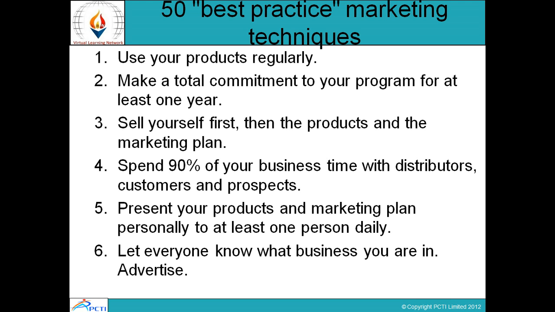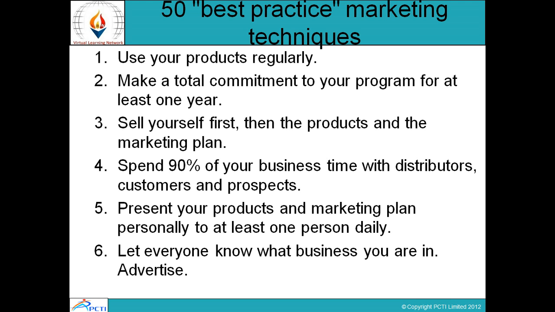Sell yourself first, then the products and the marketing plan. सबसे पहले आप अपने प्रोडक्ट जिसको आप बेचना चाह रहे हैं उससे पहले अपने आप को मार्केट कीजिए, अपने आप को सेल कीजिए, उसके बाद प्रोडक्ट का नंबर आएगा और फिर आपका मार्केटिंग प्लान एग्जीक्यूट होगा. So most of the time you should spend